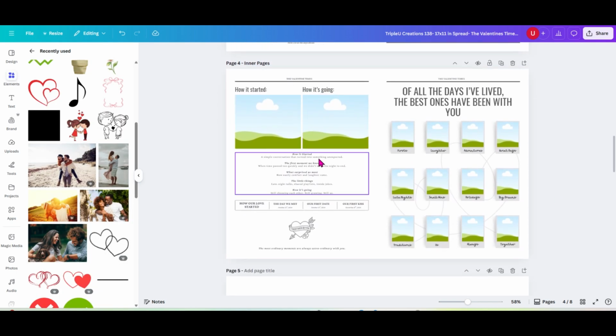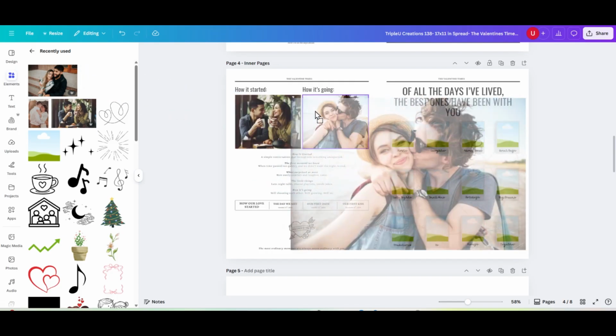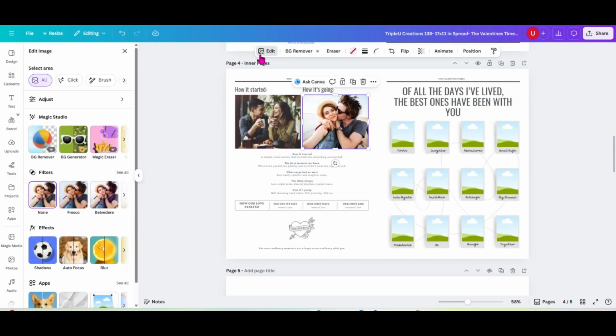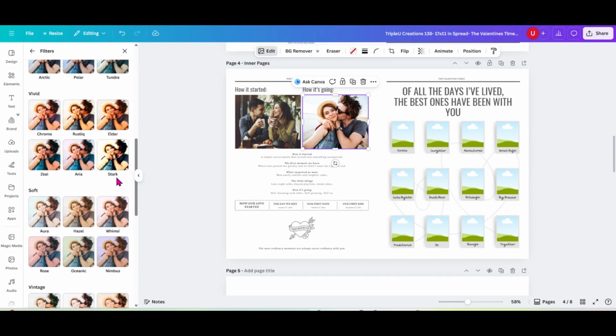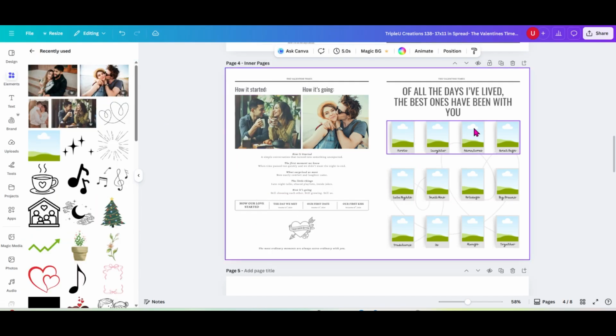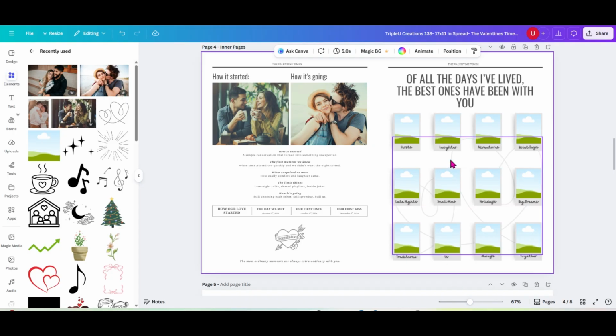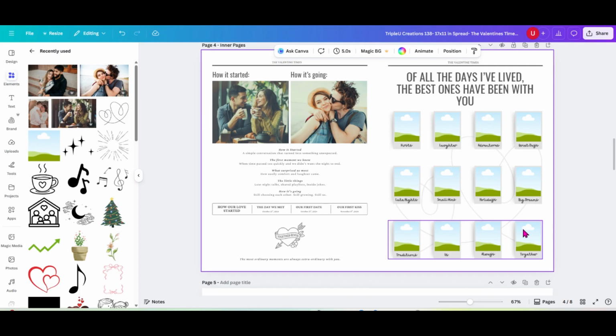So here is the inner pages. I'm just going to quickly add some photos that I think are cute for how it started. You can upload your own from your computer. I'm going to also apply that cute little filter that I like. Here we go. Okay. All right. So you go ahead and do the same thing, change whatever text that you need to change right here and make it your own. I'm not going to make the video any longer than it needs to be. I'll go ahead and put pictures in here off camera so it's not too long, and then come back